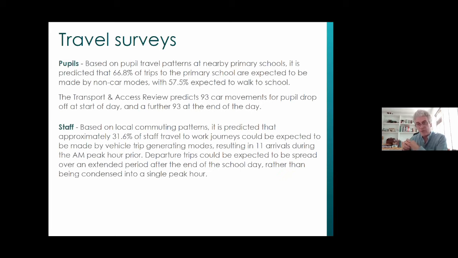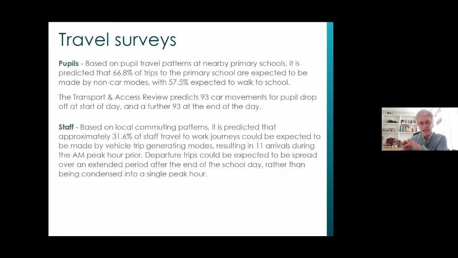The 93 car movements shown is at full occupation of the school, and it's important to point out that as the school will grow in pupil numbers progressively over 7 years from the point of opening, in the first year there's expected to be 60 pupils, and that will result in something like 12-13 car movements. And then the same amount, if there are no interventions through the travel plan, would be added year on year, so that when you got to full occupation 7 years in, there's a possible 93